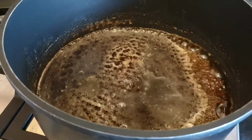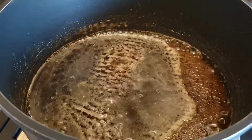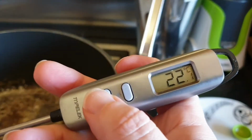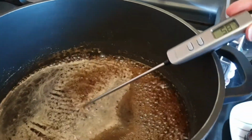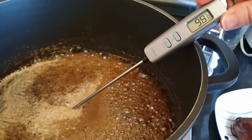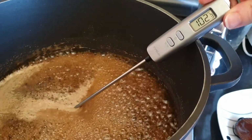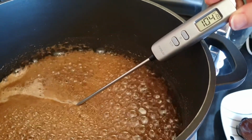If you do have a sugar thermometer, you're aiming for about 150 degrees C, so we'll make sure this is on C. You hold it in, try not to touch the bottom of the pan because then you'll just be measuring the temperature of your pan and not the sauce. But you can see how it's growing,